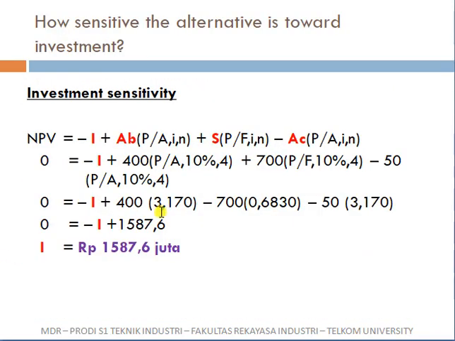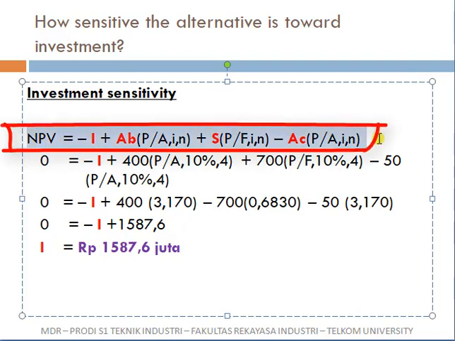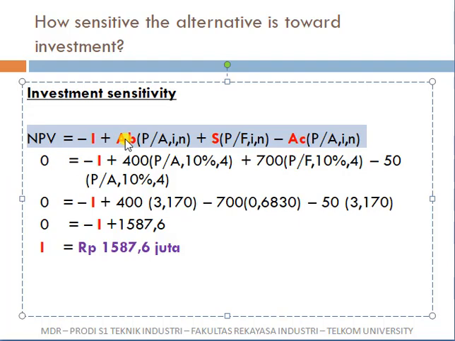Now we are going to examine the investment sensitivity. So just put the formula. This is the basic formula. Okay, minus for cost and positive for the revenue or income. And then we are going to look further at how sensitive the investment is. Now we are going to isolate